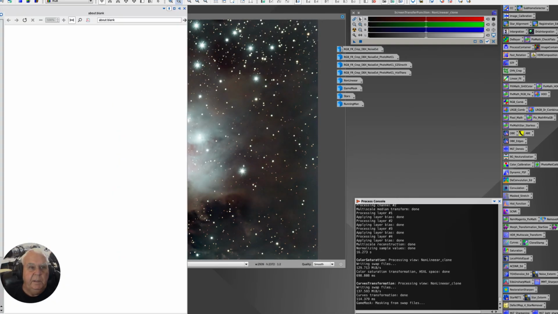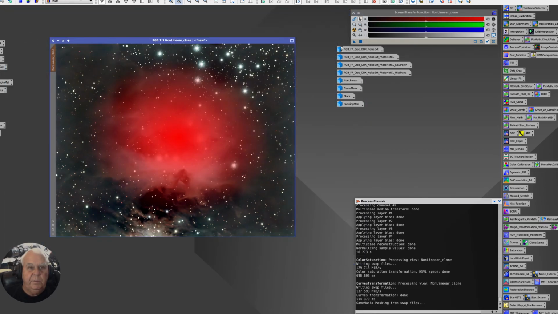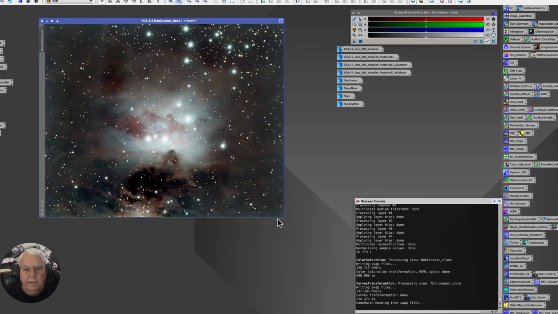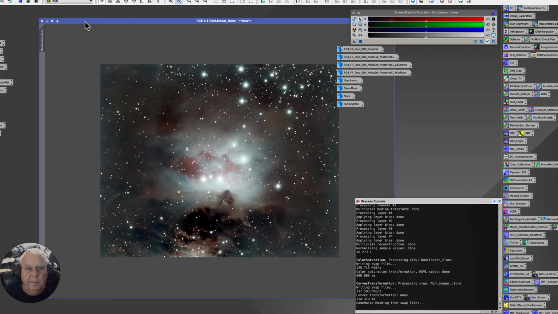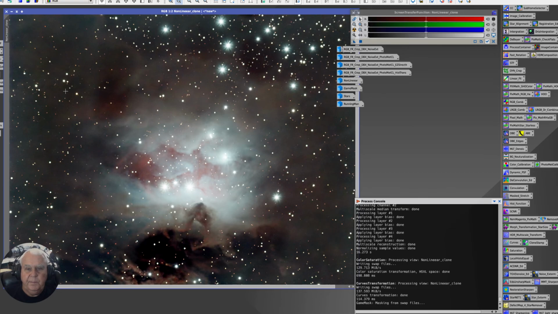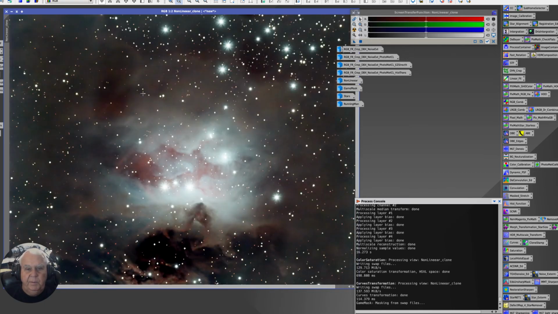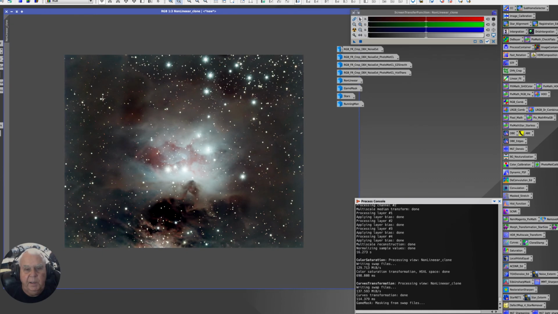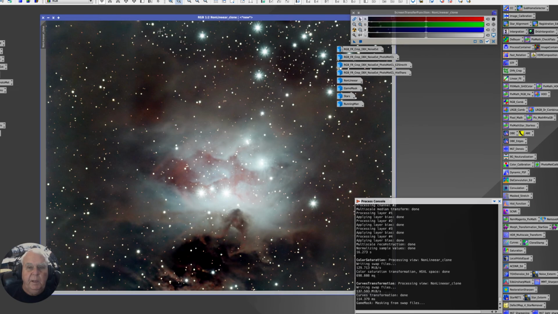Too much there. And get rid of our real-time preview, get rid of our mask. And that's probably about where I'm going to stop in that neighborhood. Might get by with one more run of noise reduction, but I'm okay with the way it looks there. Now, the last thing I'm going to do is move these,